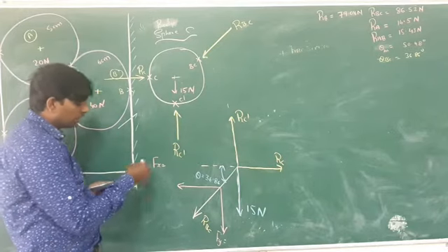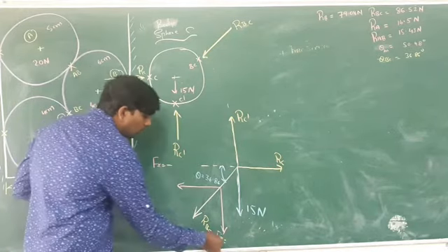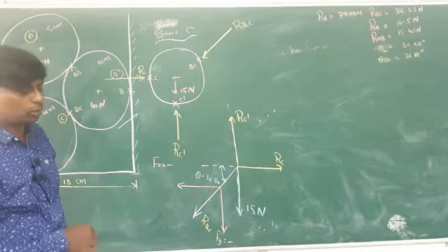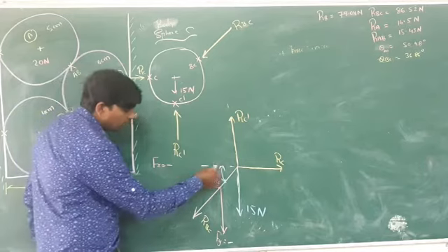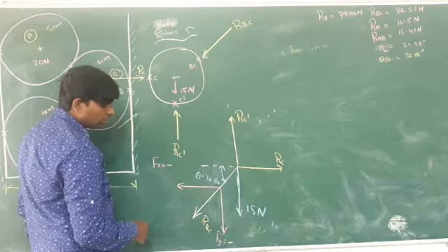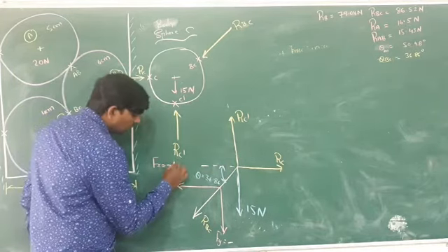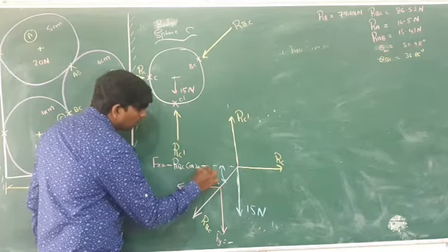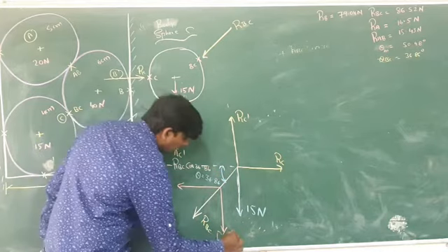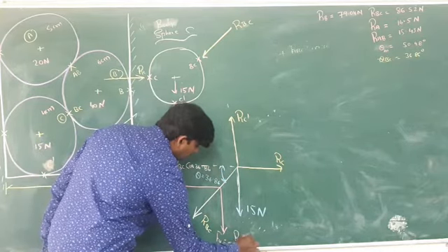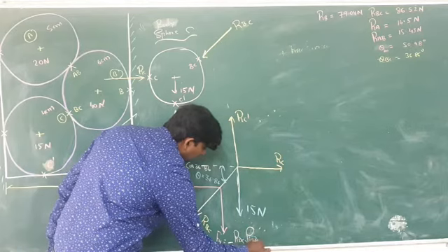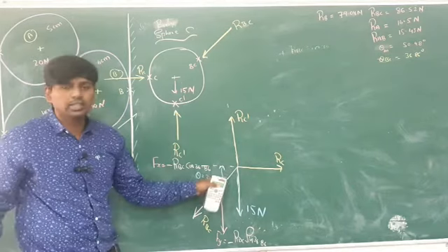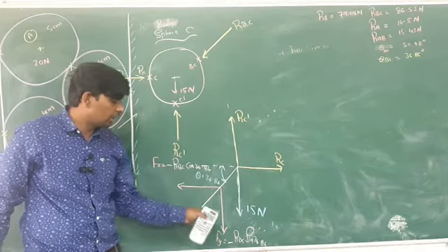In the third quadrant, the sign of x as well as the sign of y are both negative. See, theta is lying with respect to horizontal, so for horizontal you have to take cos theta. So here I can write RBC cos 36.86, and here I can write RBC sin 36.86. Now I have resolved this inclined force into horizontal and vertical.